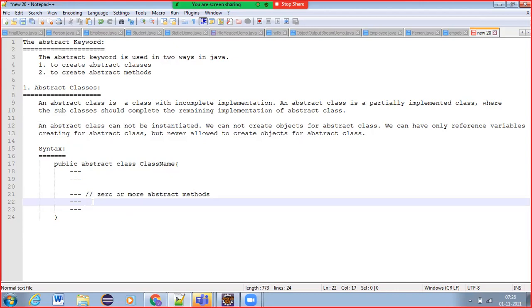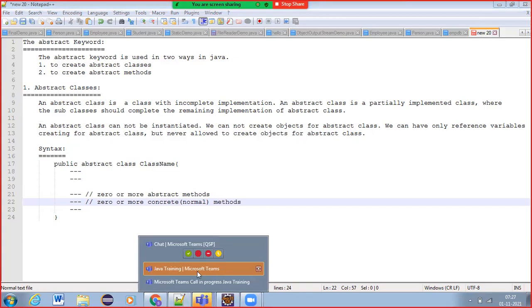So zero or more abstract methods, or zero or more normal, concrete, implemented methods. Normal methods you can have like this.